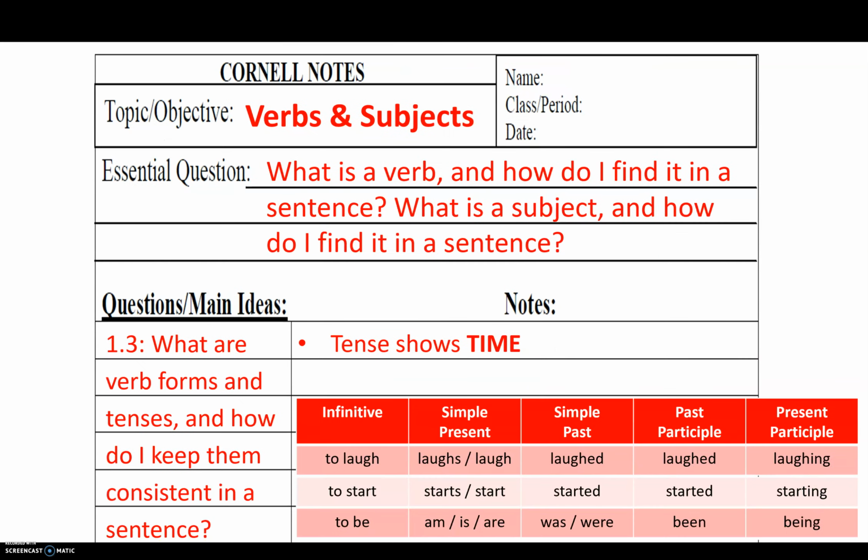All right, we have a few more notes to take on verb tense and how we keep those consistent. When we're talking about verb form, we talked about these different ways a verb can function and look. Tense, we're just talking about time. And primarily on things like the ACT, you're going to see present versus past. Okay, so if the sentence starts in present tense, she laughs, it should end in present tense unless there's a